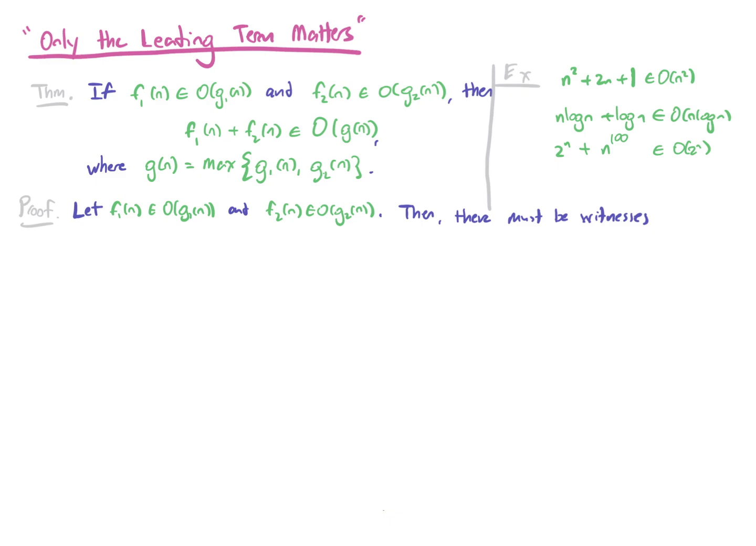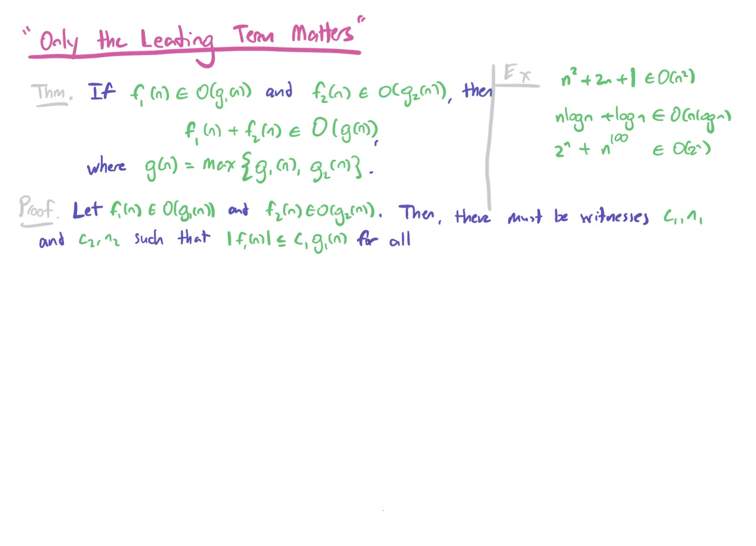So there's actually going to be a total of 4 numbers now. I'm going to say C1 and N1, and C2 and N2. So these are our witnesses for these two relationships, and by definition that means that there are two inequalities which hold. So the first inequality is f1 of n in absolute value is less than or equal to c1 times g1 of n